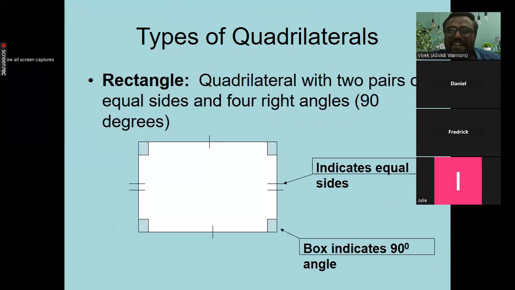Rectangle. A rectangle is nothing but a parallelogram with each angle equal to 90 degrees. So what does that mean? Opposite sides are parallel and equal and all the angles are 90 degrees. It comes under the family of parallelogram, but with all the angles equal to 90 degrees. I'll repeat again: opposite sides are parallel and equal and all angles are 90 degrees in a rectangle. Let's move on to the next